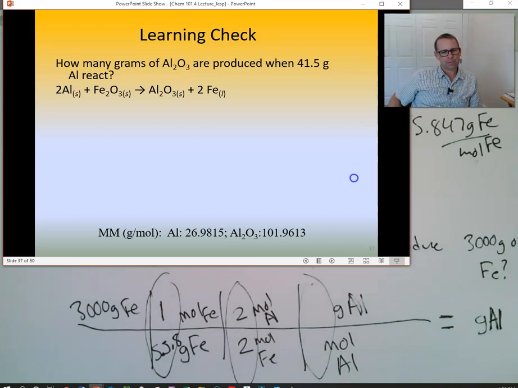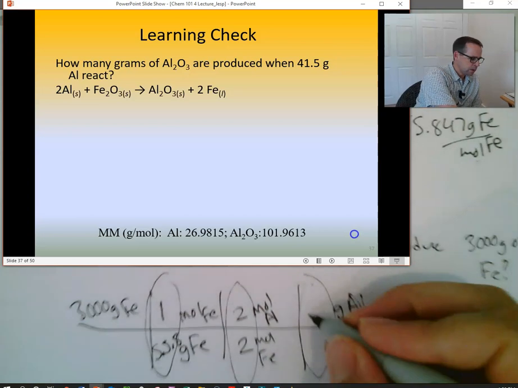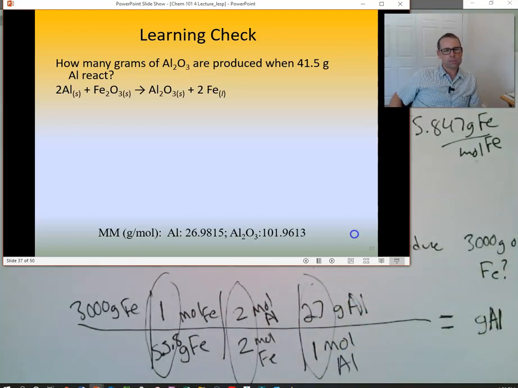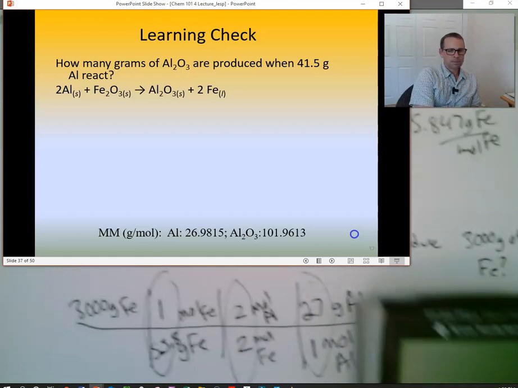So now we look at the weight for aluminum, and it's down below there too. So it's 27 grams. So 27 grams for every 1 mole. Okay. So, calculator,